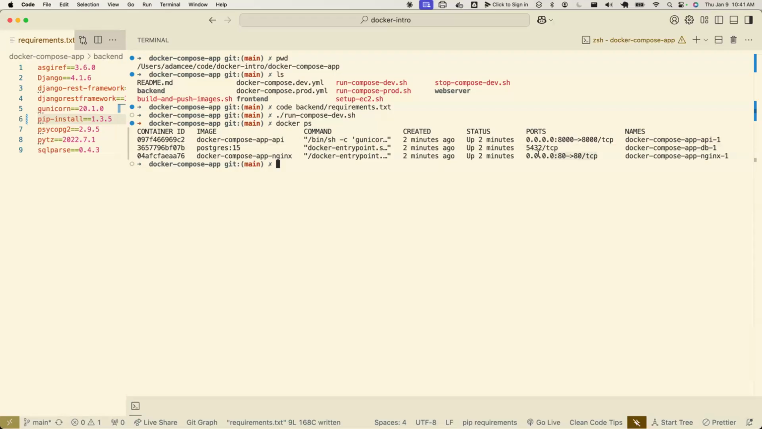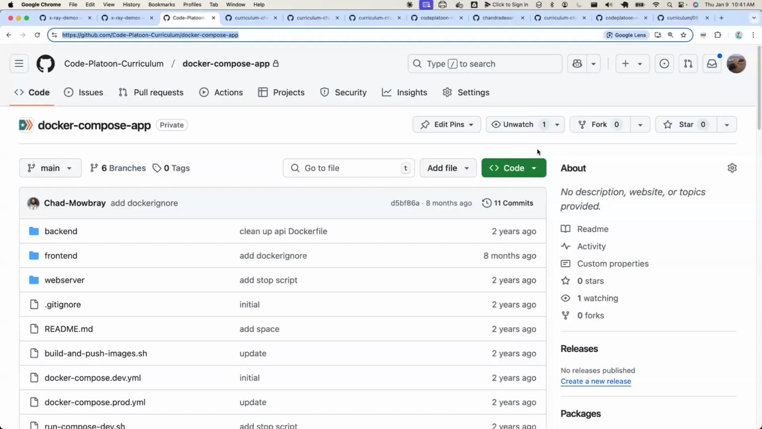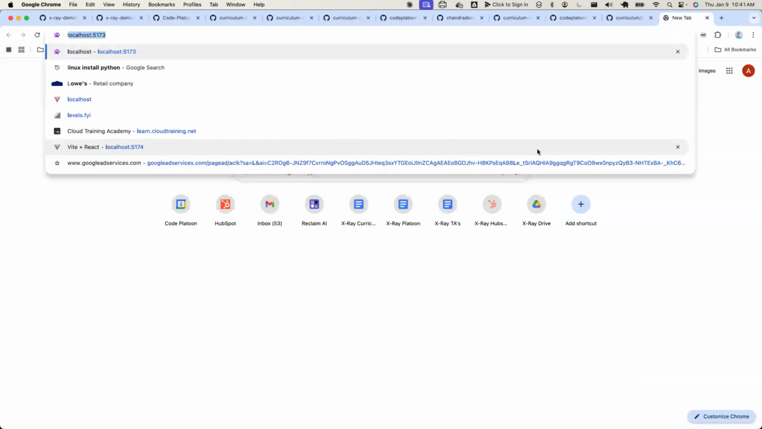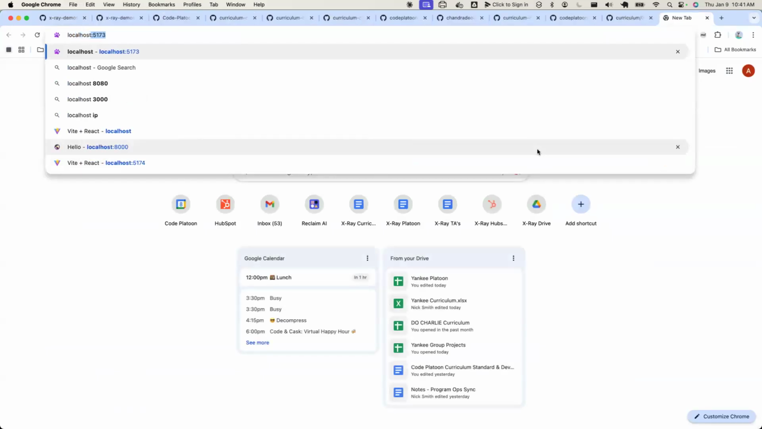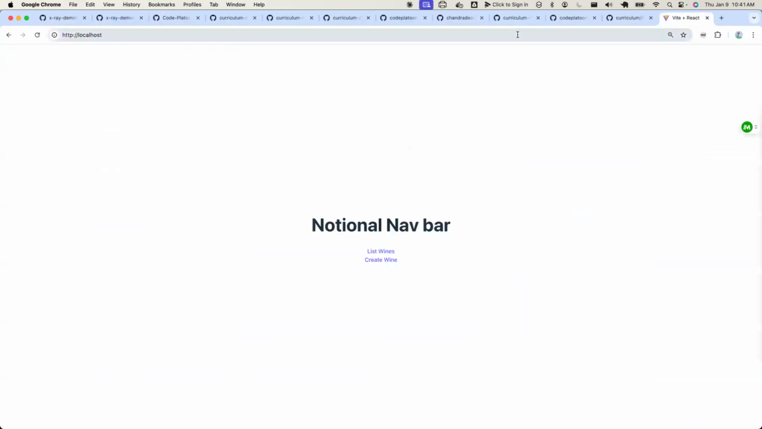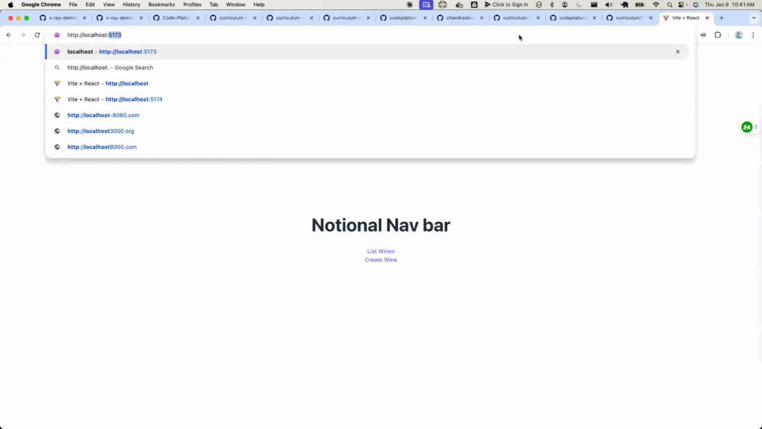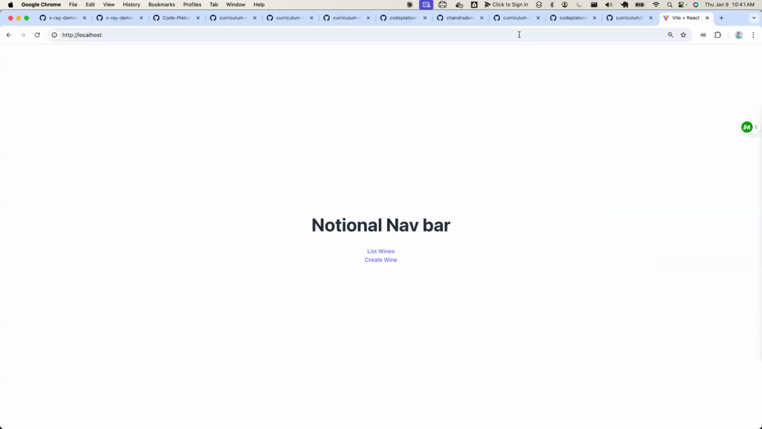And the one we care about is the Nginx web server, because this is the front end app, and it's on port 80. So you all should be able to go to just plain old localhost, or localhost:80, and hit enter and see this same thing that I'm seeing now. Are people able to see this? It's pretty minimal,